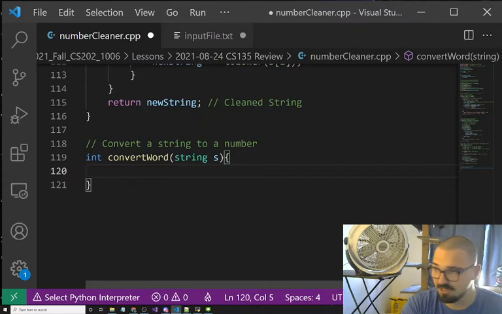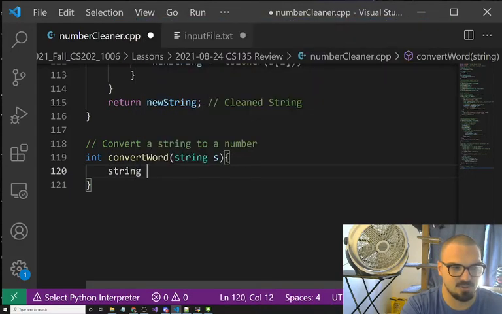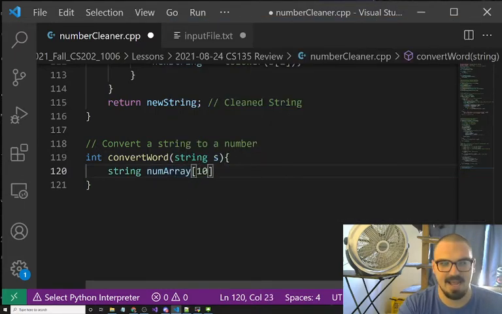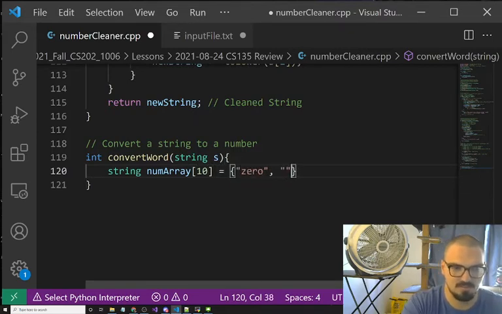Rather, I'm just going to do a bunch of if-else checks. I know that might seem pretty ridiculous. Maybe we could have a little bit of fun with it instead. How about we make some arrays? Let's go ahead and make a string num array, and let's say it contains 10 strings. That might be equal to all of our digits, right? So that's 0, that's 1, that's going to be 2,